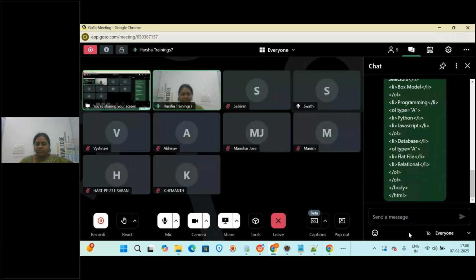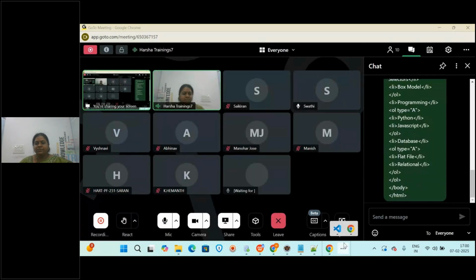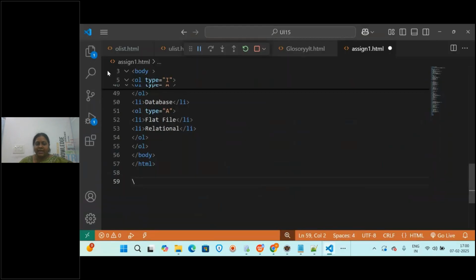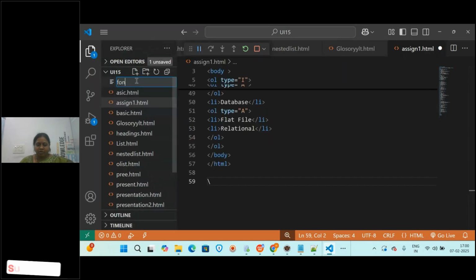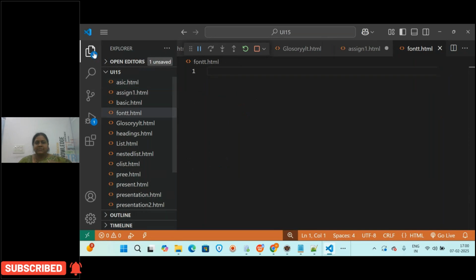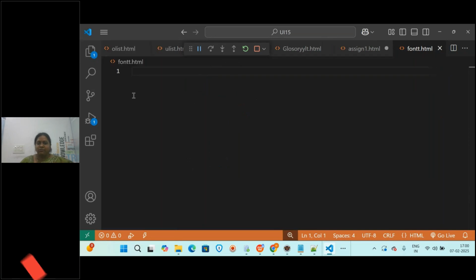Okay, so let us go to Visual Studio and create one example, font.html. That means you want some colors or some style for the font.